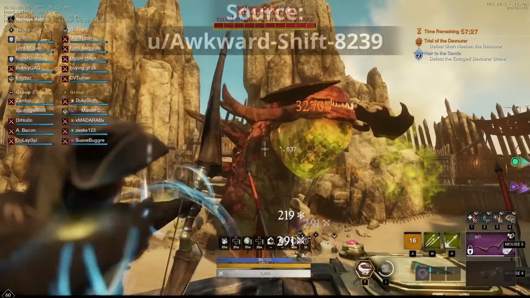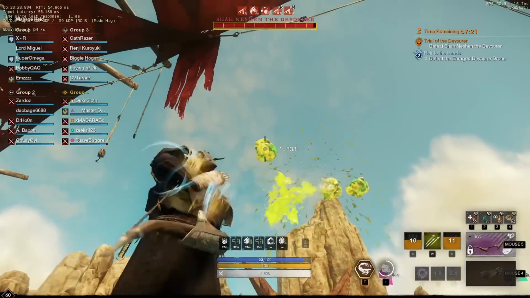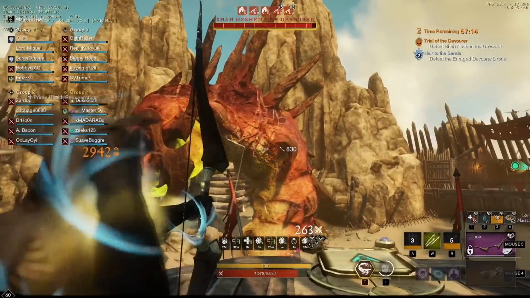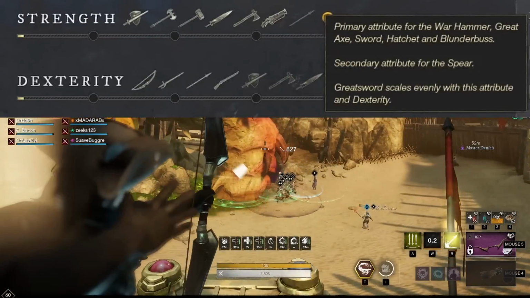So this was posted by Reddit user awkwardshift8239, who found something very interesting, not in the game files, where we had previously had a lot of information about the Flail already, but rather in the attribute perks. How is that possible? Well, if we look at the description of strength as an attribute, we see that currently